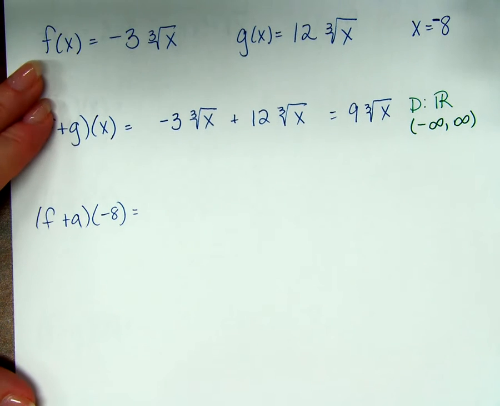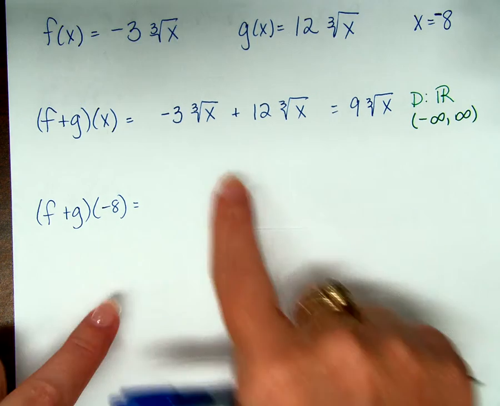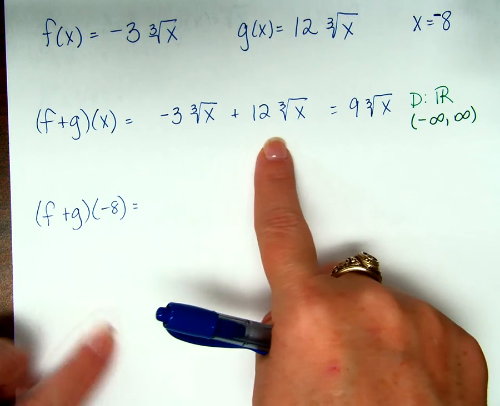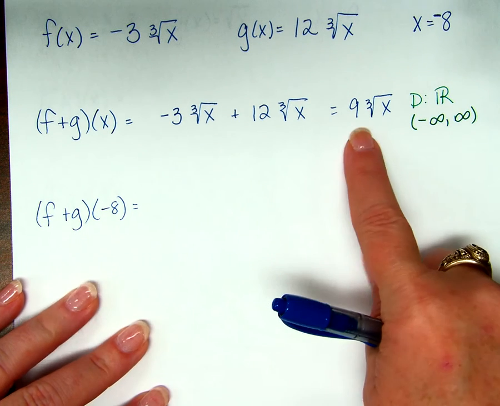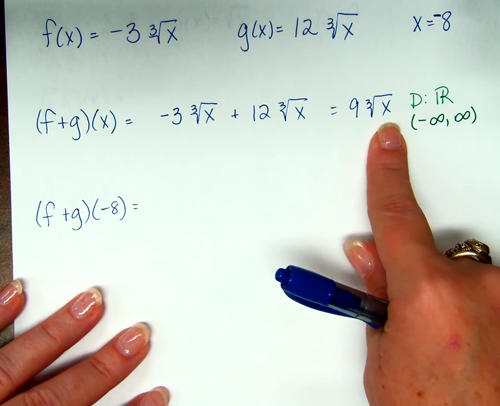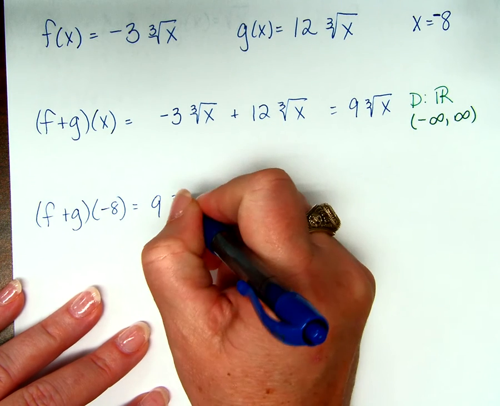So what if I ask you to find f plus g of negative 8? What does it want us to do? So instead of writing an x, I'm going to write a negative 8. Do I have to do this math again? No, I already did it. So I already know that f plus g of x is 9 cube root of x. So can I start right there? So 9 cube root of